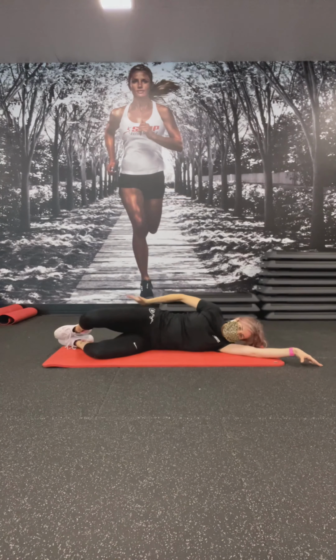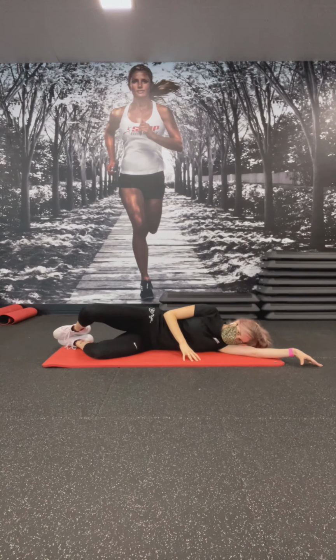It's about getting that contraction in the side of your bottom. And you should be able to feel it just in here. Feel that muscle working. So focus on keeping the hips stacked as you do this exercise. Try not to roll your hip back. And it does help if you rest your upper hand in front of the body here. Good. So once again, aiming for 10 to 15, whatever you choose though,